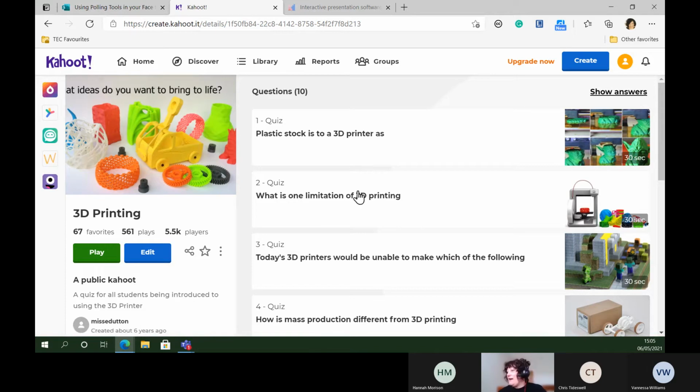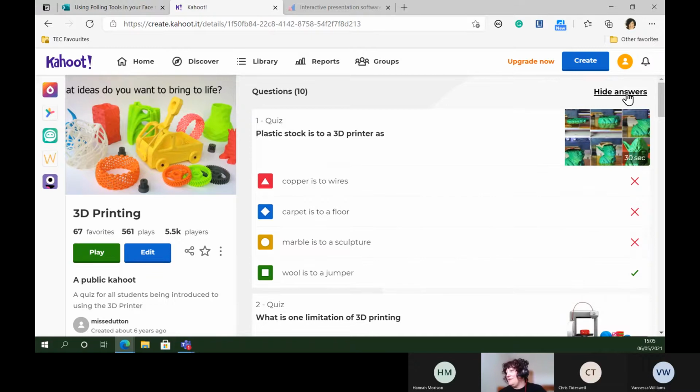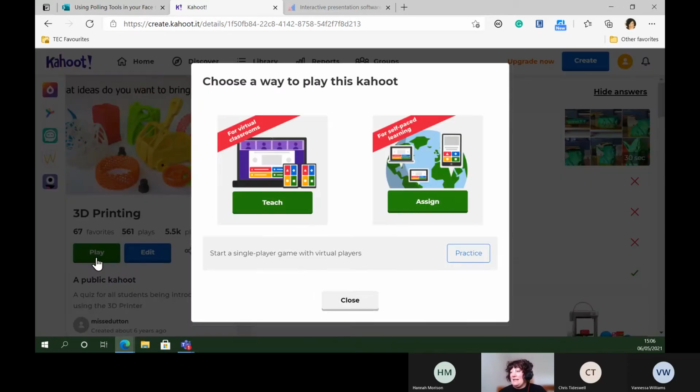If I open it up, I can have a look at the questions and I can have a look at the answers to see if I think they're right. So that looks fine to me. If I want to play that, I can just play it as it is, or I can edit the quiz if there's a couple of questions that I don't want to add in, or if it's a 10-question quiz and I only wanted 5 questions because I wanted it to be quite quick, I can edit it at this point. And then when I play it, I can either play it in teach mode or I can play